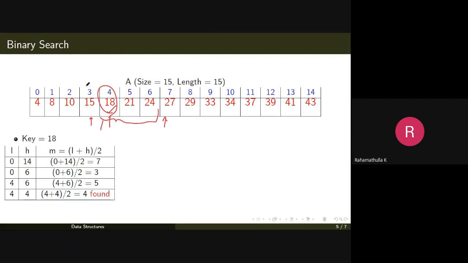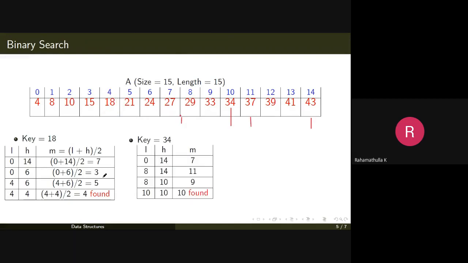You will get a new mid and compare a of mid with the key value. You can see that key is greater than a of mid. So you need to search in the right side. When we say search in the right hand side, you change the low value. So low equal to 4 and high is equal to 6. Then calculate mid again. The same process is continued, and at some point you get a of mid equal to key value, and it is a successful search operation. So in the linear search, it was taking 5 comparisons. In the binary search, it took only 4 comparisons.